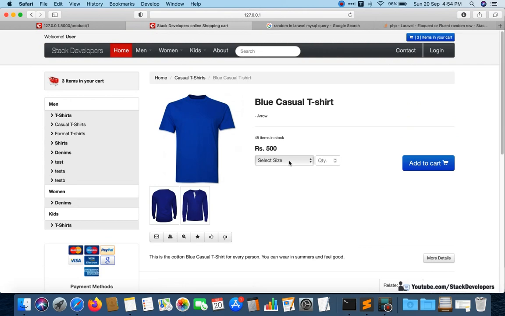Now in the next video we will start working on the add to cart functionality. Here we are going to select the size of the product, and after that we will add the quantity of the product. Then we will click on add to cart, and that product will get added to the user's cart. So we are going to create the carts table in the next video, where the user is able to add their products. After that we will work on the cart functionality. So that thing we will start in the next video. Okay, that's all for now.